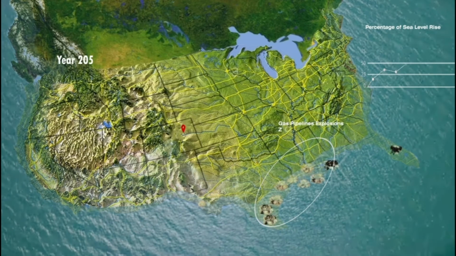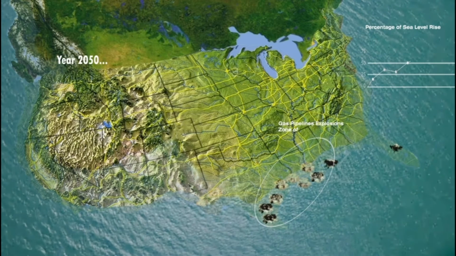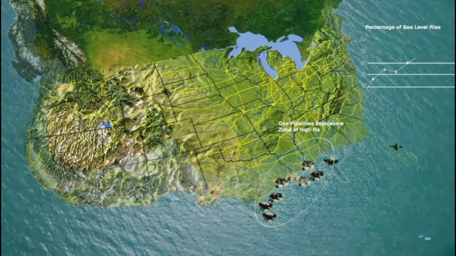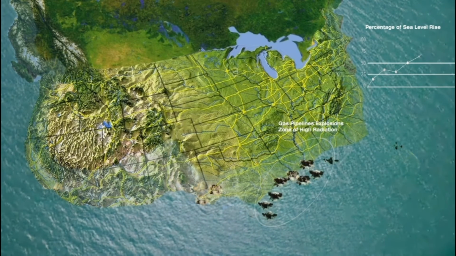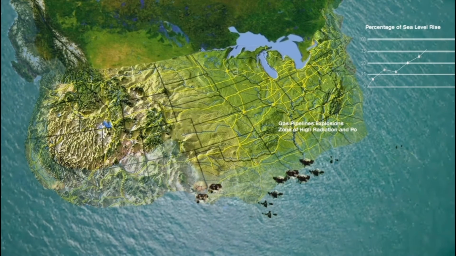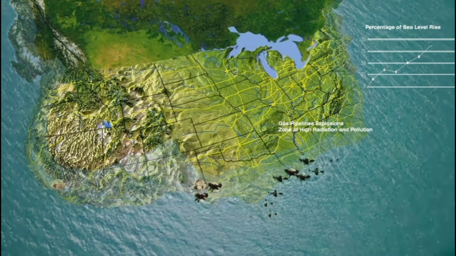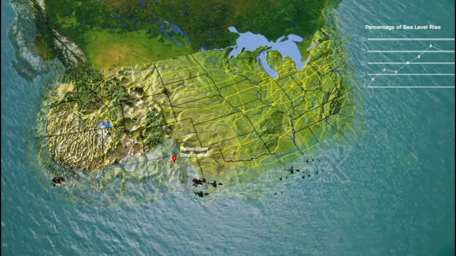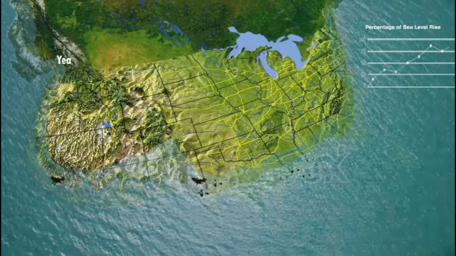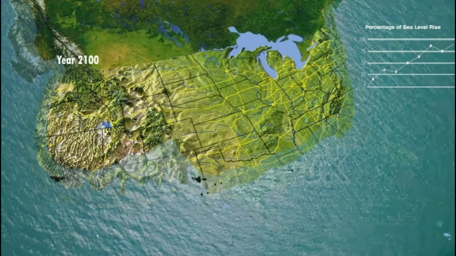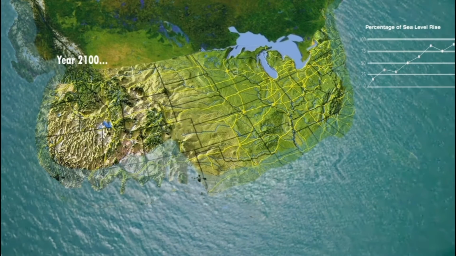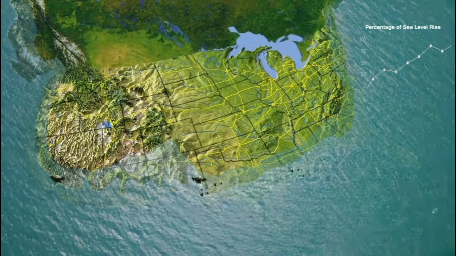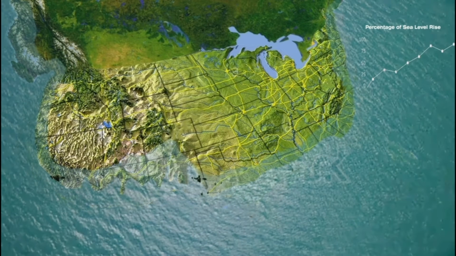As the U.S. becomes more flooded in 2050, there will be gas pipeline explosions in existing Texas, Louisiana, and Mississippi, which causes high radiation and major pollution. People will be relocated to New Mexico to the floating city that serves as the relocation destination. In the year 2100, the percentage of sea level rise reaches over 85%, consuming the majority of the U.S., leaving it completely inhabitable.